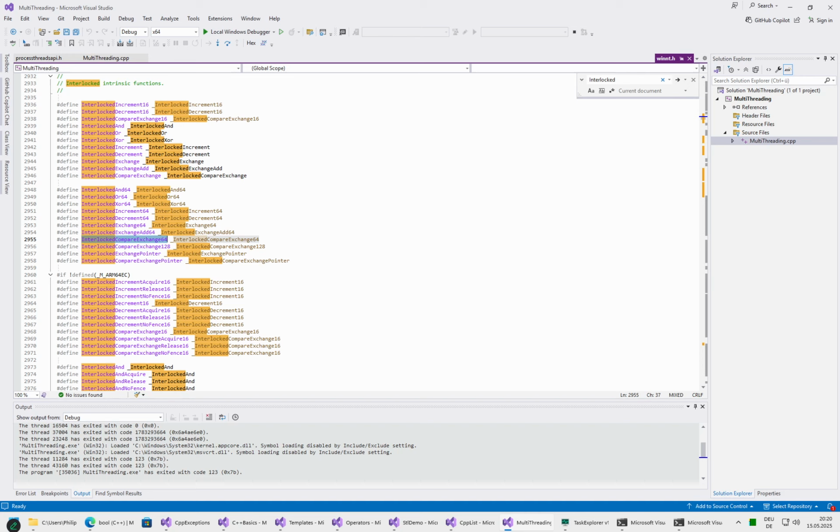CPU's hardware has an arbitration protocol for how those cores ensure cache coherency. That is, at any point in time, only one of the CPU cores can own a cache line, so a set of data, for writing. And a cache line can either be owned by one core for writing or by multiple cores for reading. So as soon as an operation is started, which is supposed, for example in this case, to increment, or to add, to be very exact, the value 1 to our variable, the CPU will request exclusive access to that cache line, and then all other CPUs will evict their copies of the same cache line from their caches,